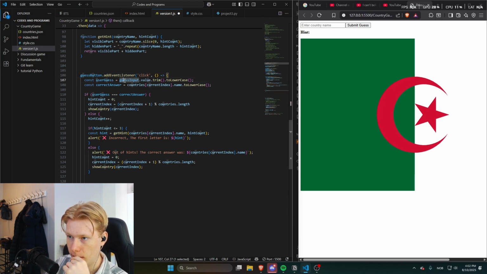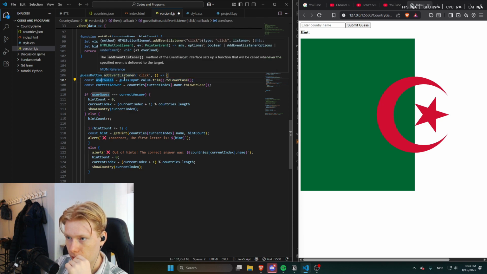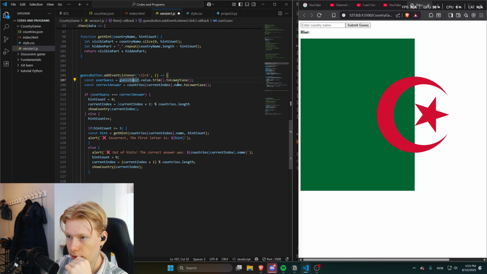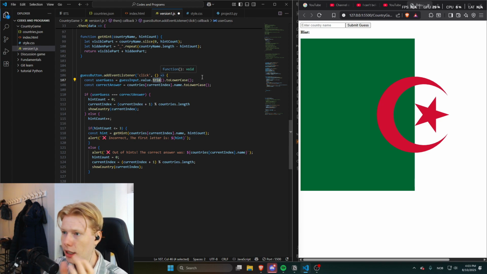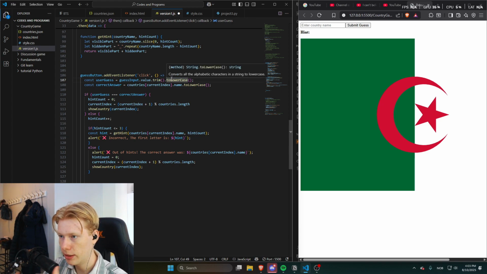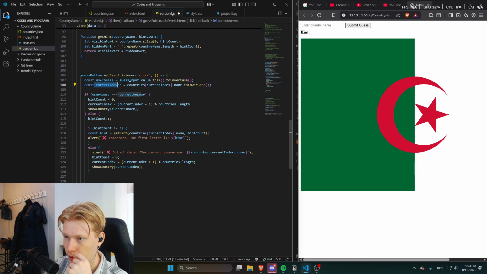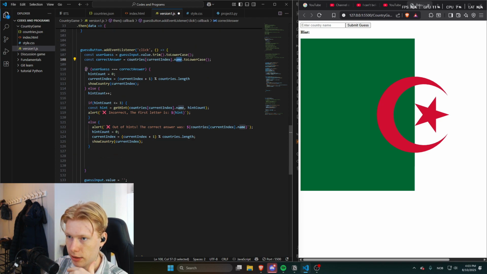And what happens is that it takes the input value, trims it, which means it deletes the spaces before and after, and makes it lowercase. For the correct answer, it takes whatever country we are on. Let's say it's the first one, that would be Taliban. It takes the name and also adds it to lowercase, and it takes this if statement that also has an if statement inside. First of all, if it's correct, then the hint count is reset, and it moves on to